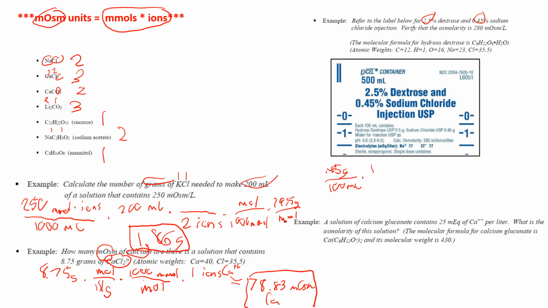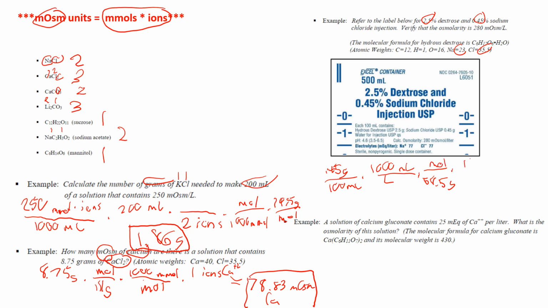1. Is this the best way to solve this problem? There's a few ways you can go about this. I'm actually gonna... No, I actually like this way. So 1000 milliliters in a liter, right? Because since we're verifying, we want our final answer to be in liters. And then we need to calculate our grams per mole of sodium. So with sodium, it's 23 plus 35.5, that's 58.5. 58.5 grams per mole